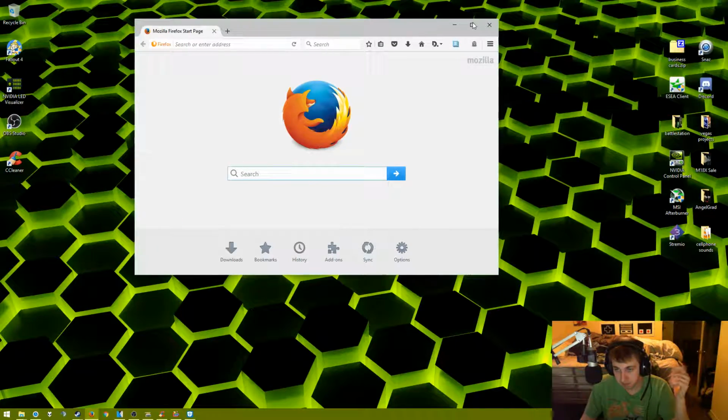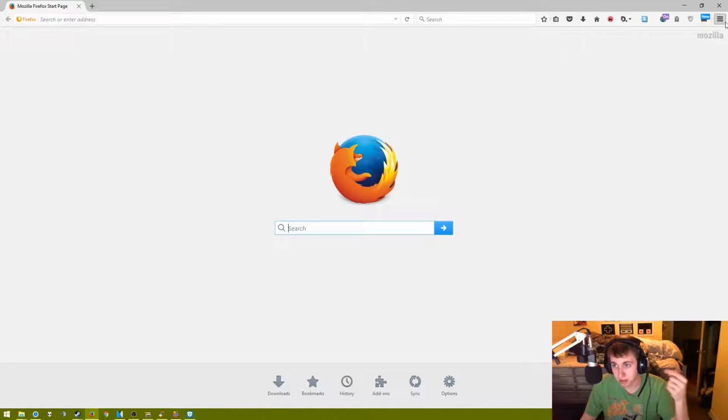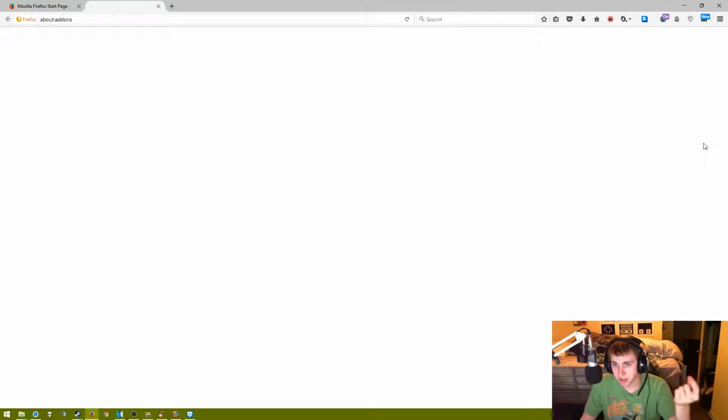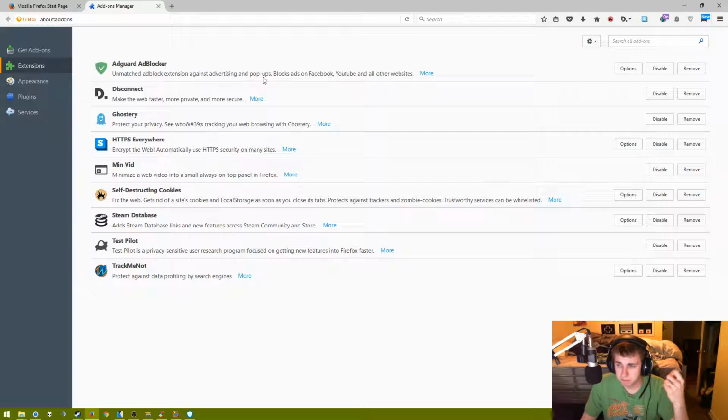I'm going to show you some of the plugins I have in Firefox, because Firefox is a little better at the internet security and virus safety thing. So as you can see, we still got AdGuard. We also have Disconnect. Now this is, again, a search term randomizer. So what this does is, for every real search I do, let's say I search something like